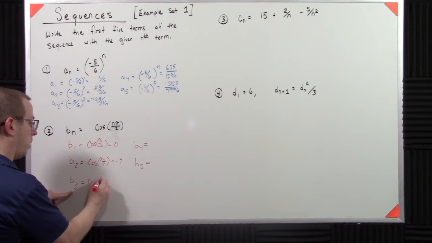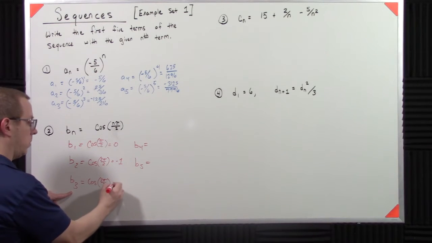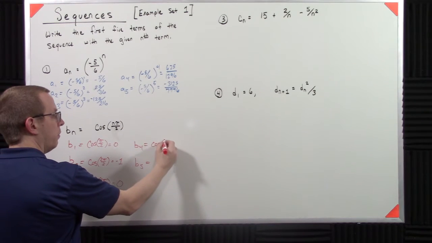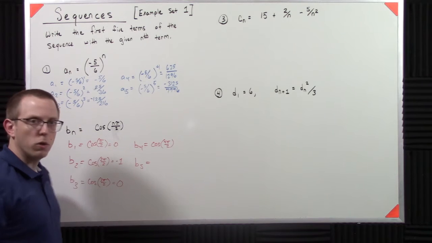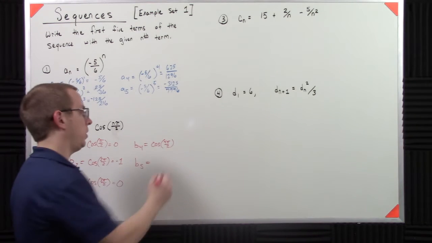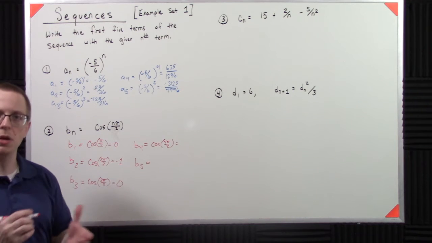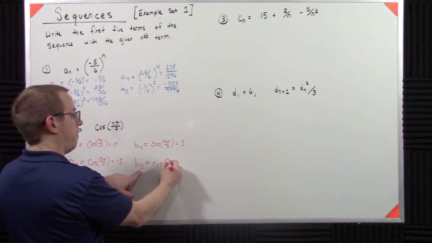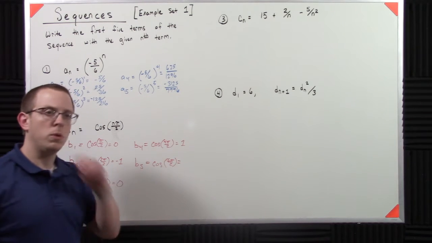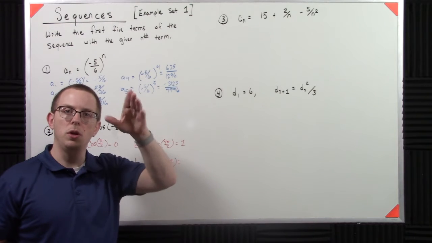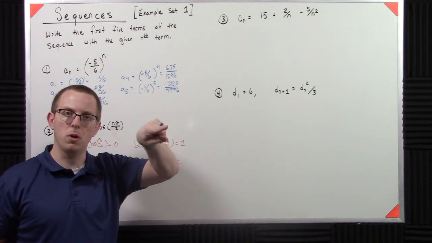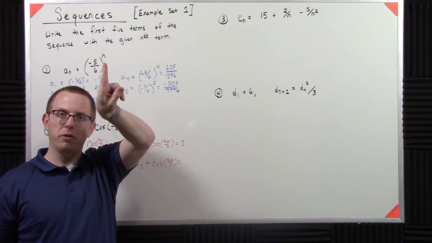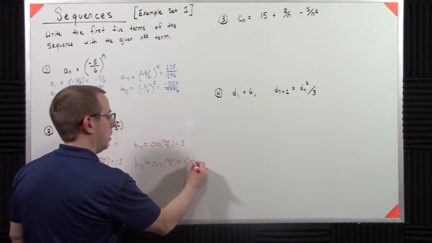b3 is cosine of 3 pi over 2. Well, that's 0. Over here we have cosine of 4 pi over 2. Now, 4 pi over 2 is just 2 pi, right? And cosine of 2 pi is the same as cosine of 0, which is 1. And then for the fifth term we have 5 pi over 2. So cosine of 5 pi over 2, if you spin that around the unit circle, if you start at 0, it's pi over 2, pi, 3 pi over 2, 4 pi over 2. So when we go up to 5 pi over 2, that's the same as cosine pi over 2,